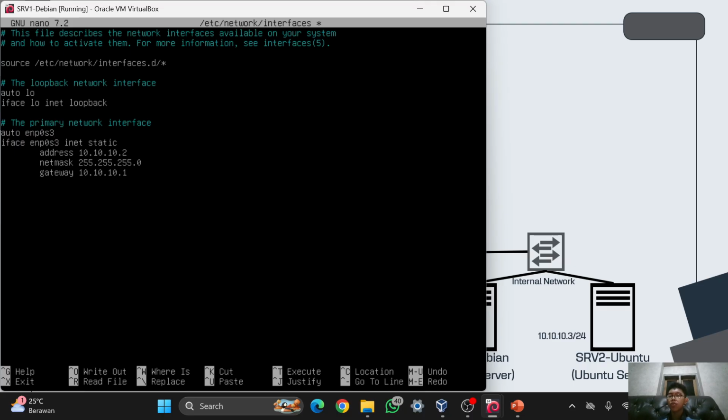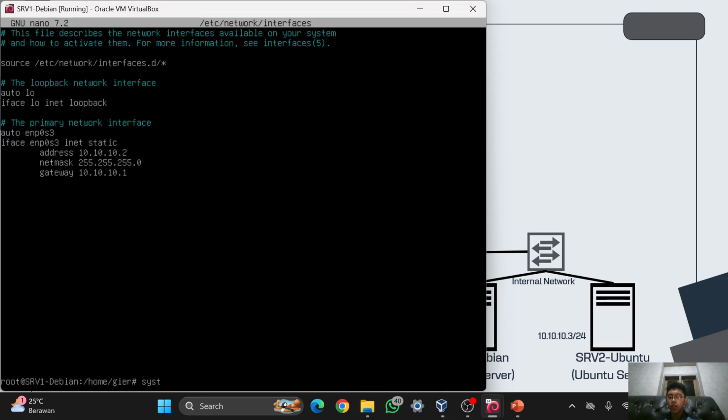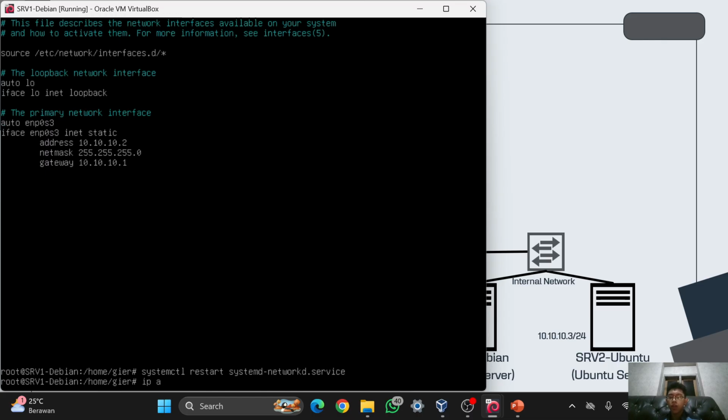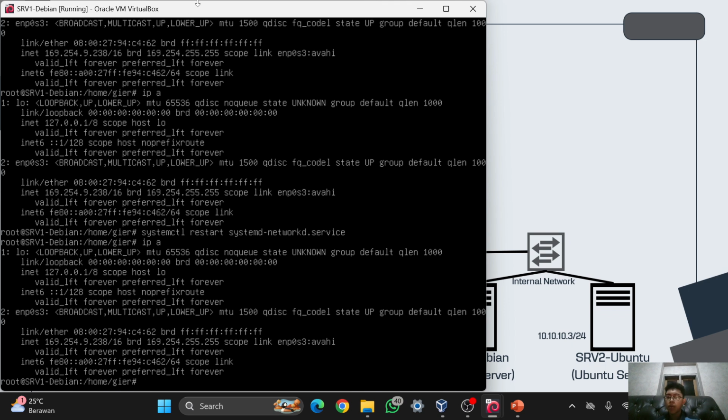You only have to change this one into auto and this one from DHCP into static, and you need to add the address, netmask, and the gateway. Then I will Ctrl X and then Y, then enter, and I will restart the networking using systemctl restart networking.service and enter. And right now, if I check my IP address, I should get an IP, but it still didn't get changed, and I think I will reboot my server. And wait a minute, guys.